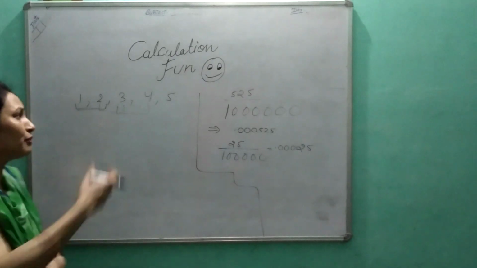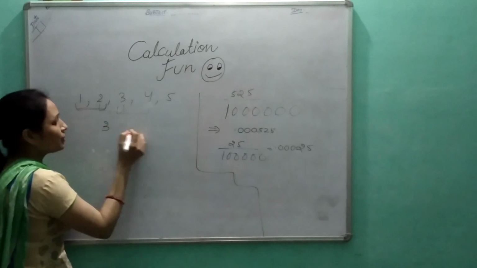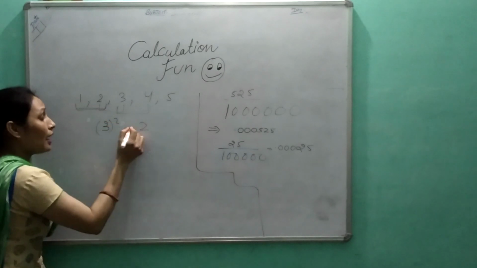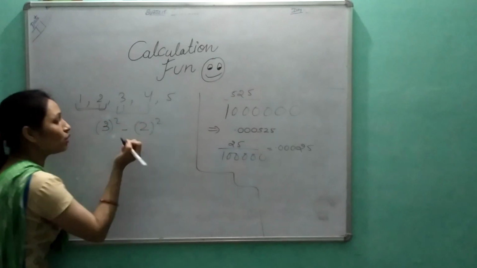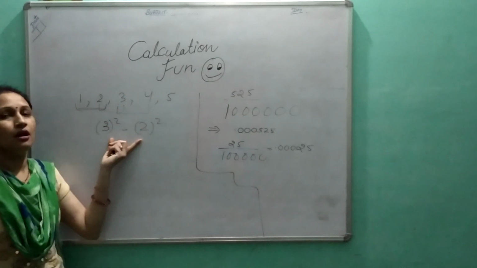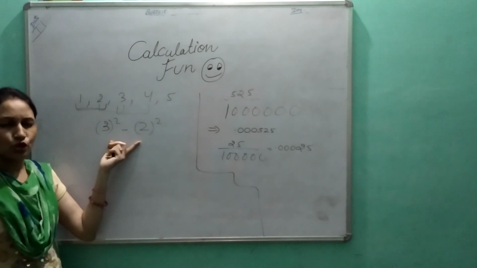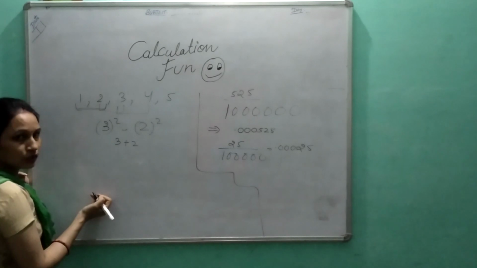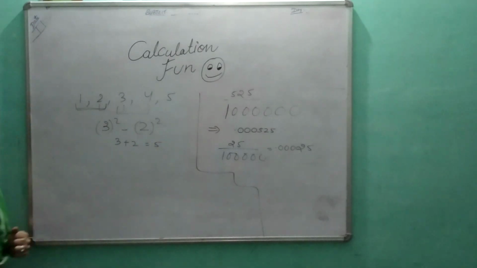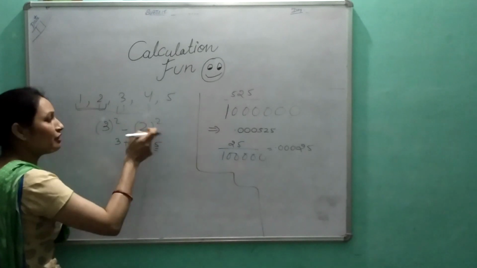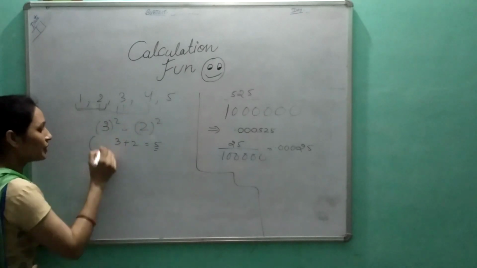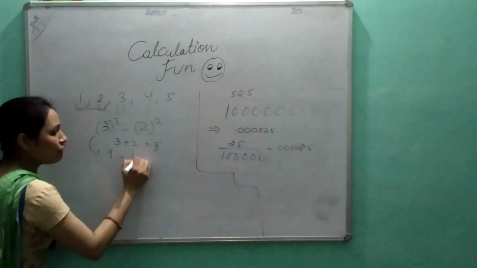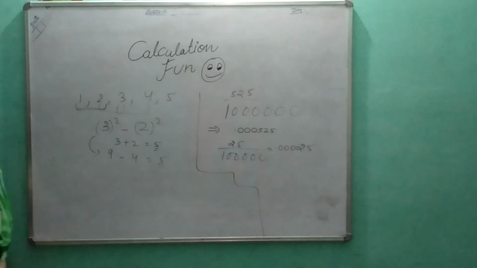If we take any two consecutive numbers, for example 3 and 2, and take the square of both numbers and find the difference between these squares, it will be so simple. We will add both numbers. 3 plus 2 is equal to 5. So 5 is the answer for their difference. Do it: 3 3s are 9 minus 2 2s are 4. What do we have? We have 5.